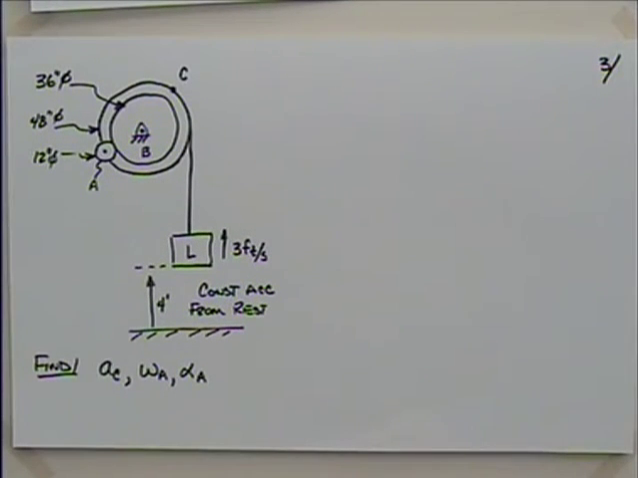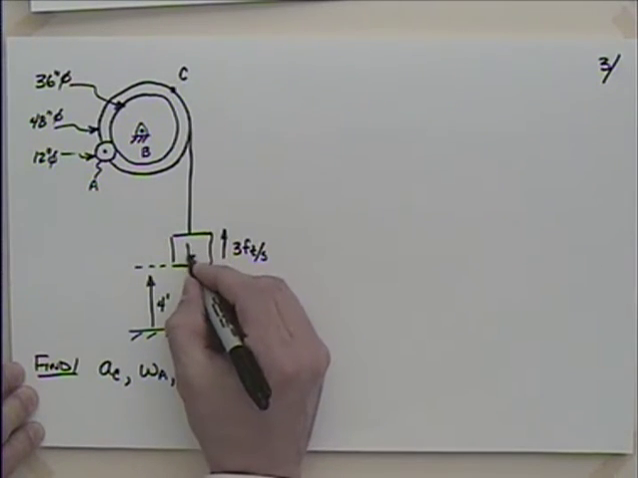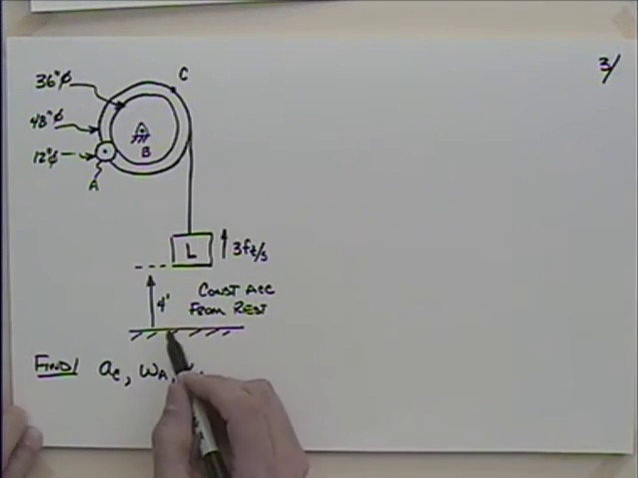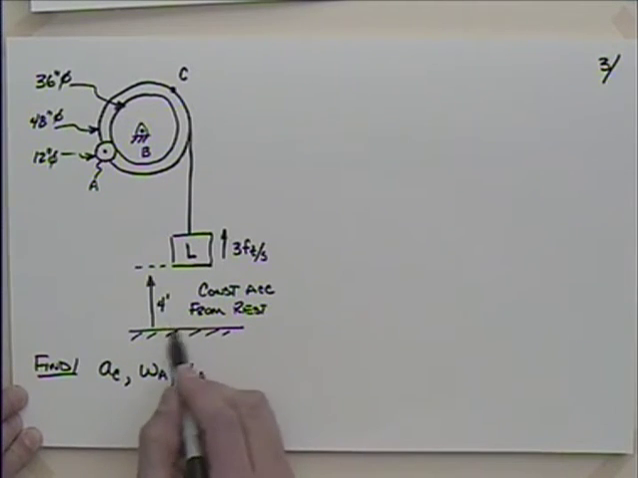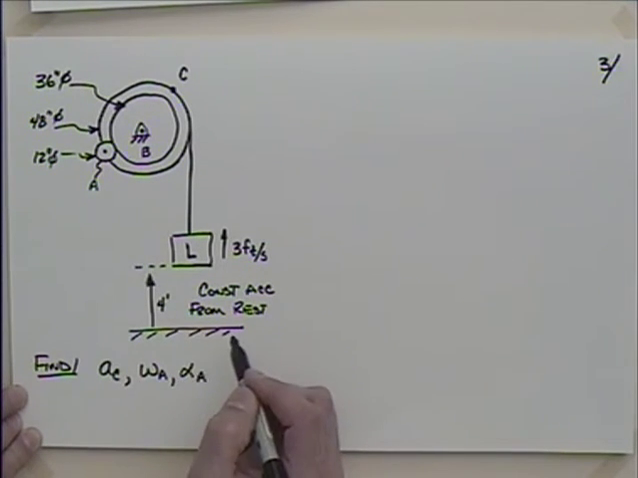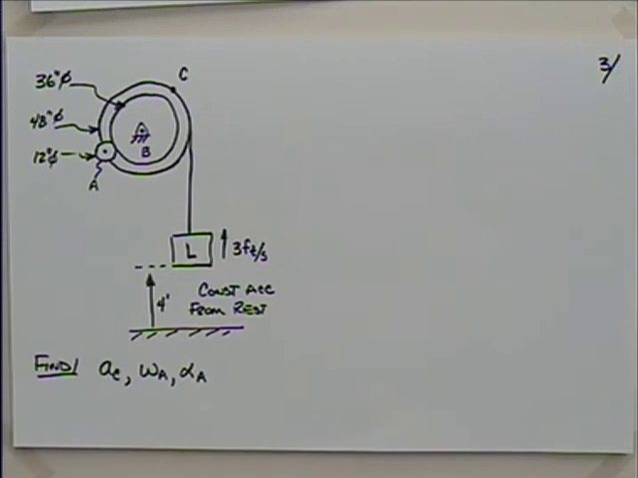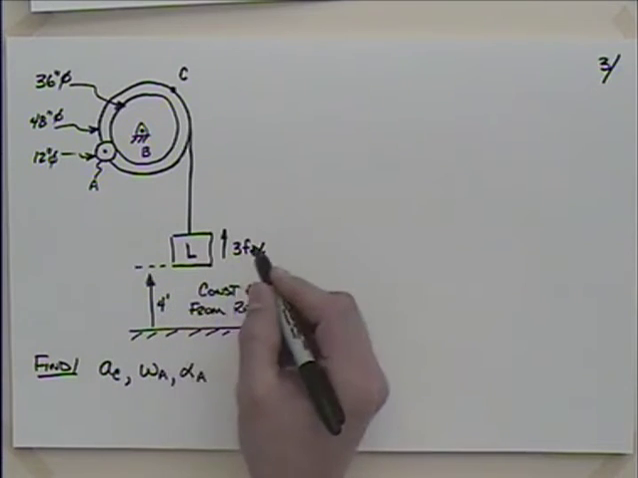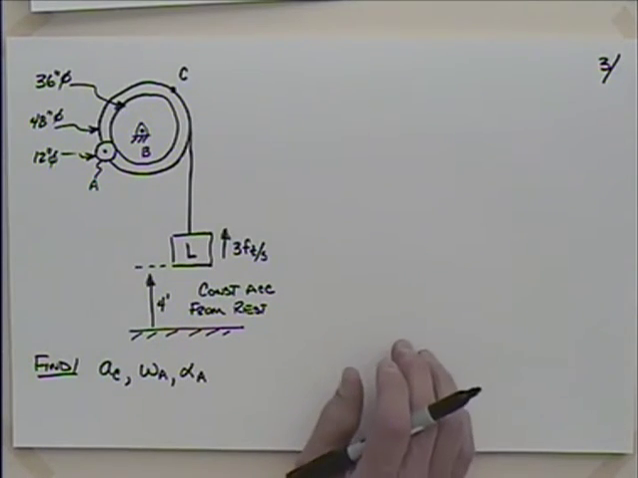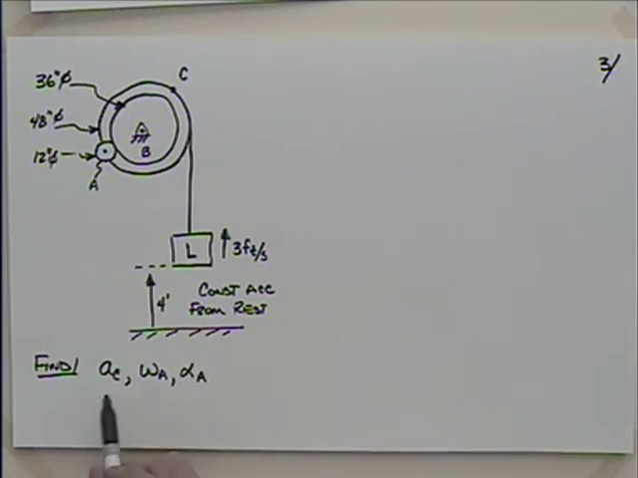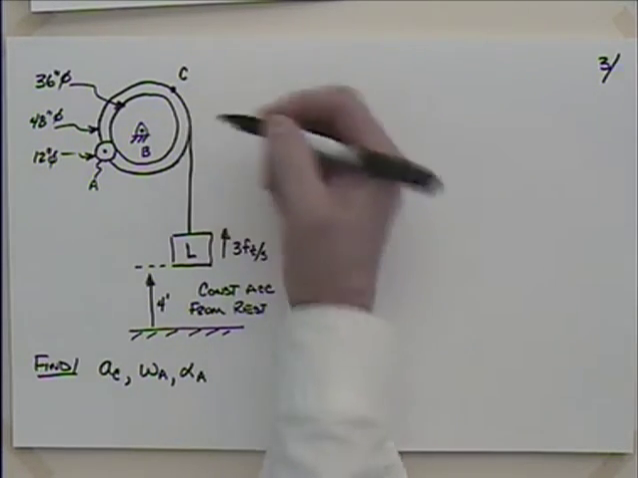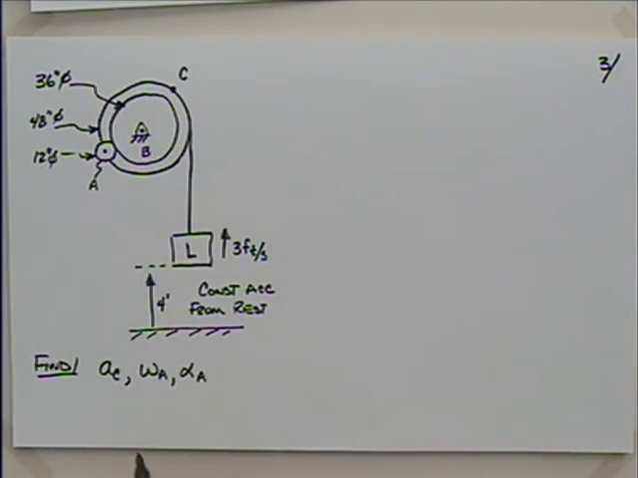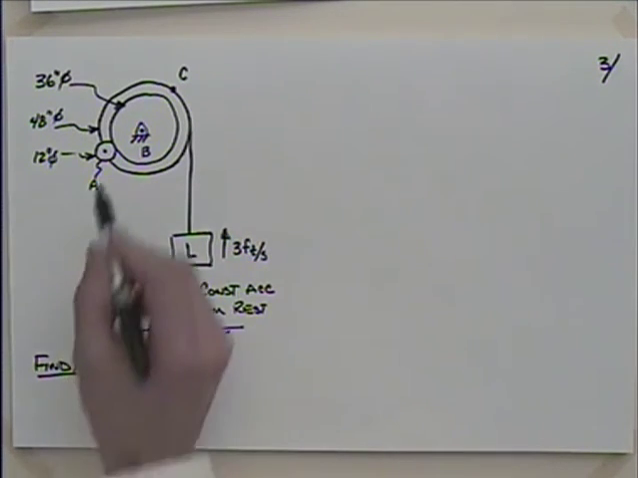Let's say we've got a hoisting rig here. We're lifting some sort of a load, and it was sitting down here on the ground, and at 4 feet, we've lifted it 4 feet, and it's accelerated with constant acceleration from rest. At this point, a snapshot in time, it has a velocity of 3 feet per second. And we'd like to find the acceleration of this point C out here on the drum that the cable's being wrapped around. And we'd like to find the angular velocity of the pinion gear A and the angular acceleration of